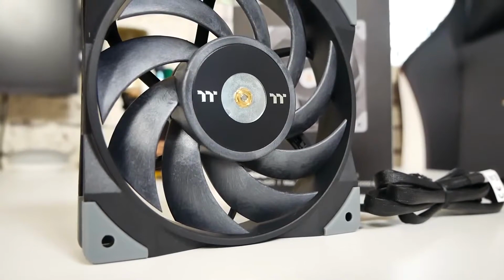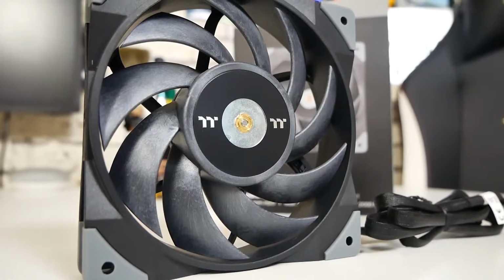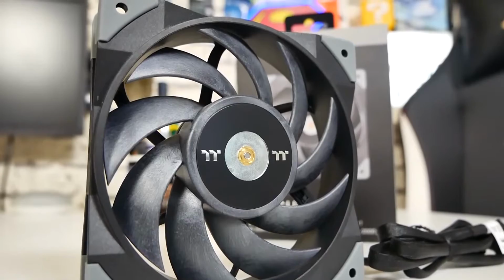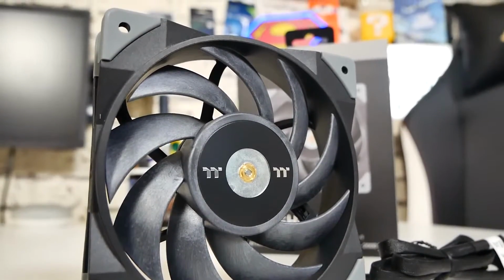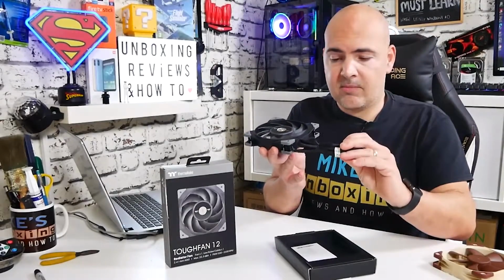So we've got multiple blades, and the blades have a very, very close tolerance to the outer side, again keeping that static pressure. You've got your rubberized grommets on the side for noise dampening, and those are on the front and on the rear. Nice to see that you've got all blacked out cabling, and also there is a cover on the